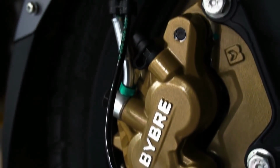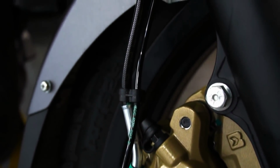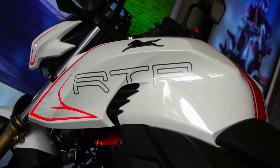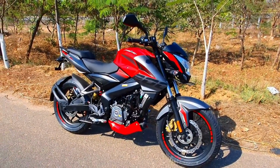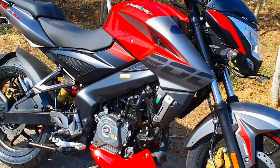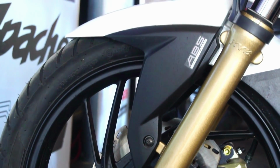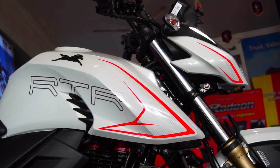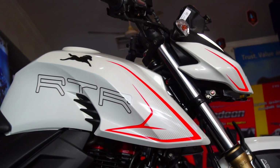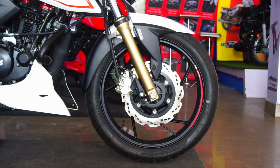It's almost like Iron Man and Captain America battling it out in Civil War, and it's really tough to pick sides. Talking about the suspension, both the bikes get 37mm telescopic forks up front, but TVS offers KYB or Kayaba suspension. Now KYB is a Japanese giant who manufactures shock absorbers. The legendary Graham Crosby's Daytona winning superbike had Kayaba suspension, so you know that you get quality equipment with the